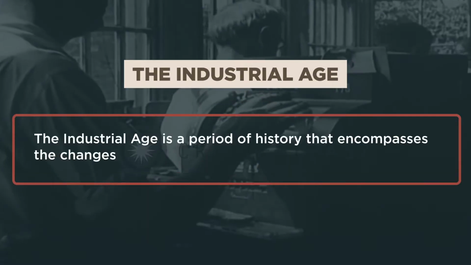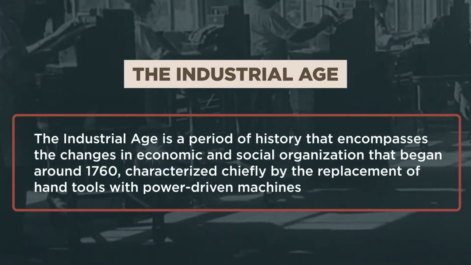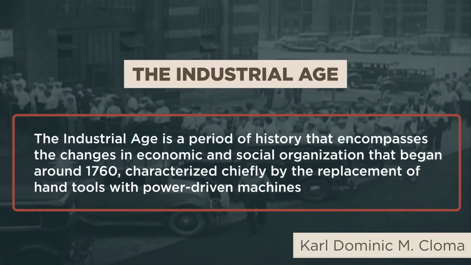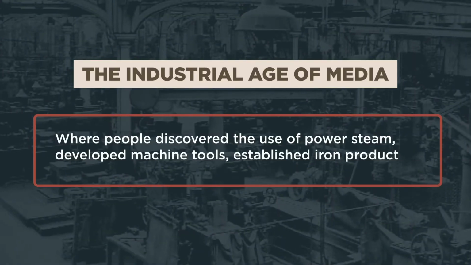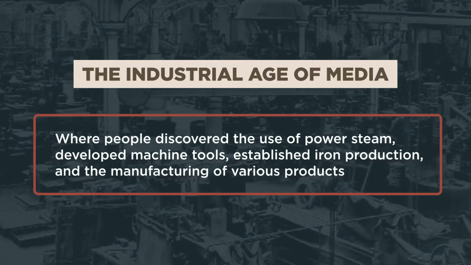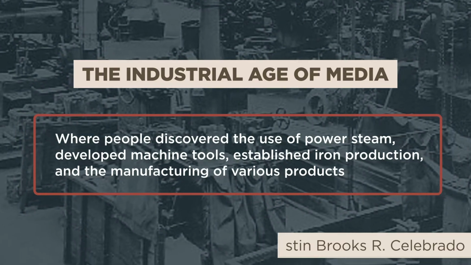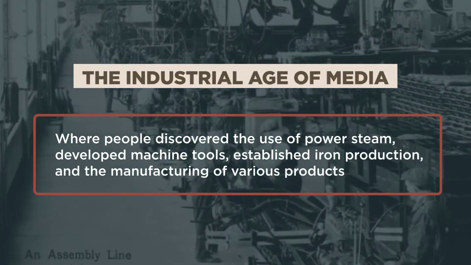The Industrial Age is a period of history that encompasses the changes in economic and social organization that began around 1760, characterized chiefly by the replacement of hand tools with power-driven machines. The Industrial Age of media is the era where humans discovered the use of steam power, which has caused great technological advancement. They have developed various products that help in mass production, like the printing press, typewriter, the camera,